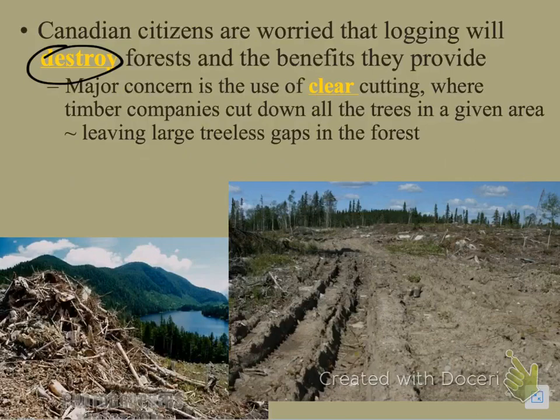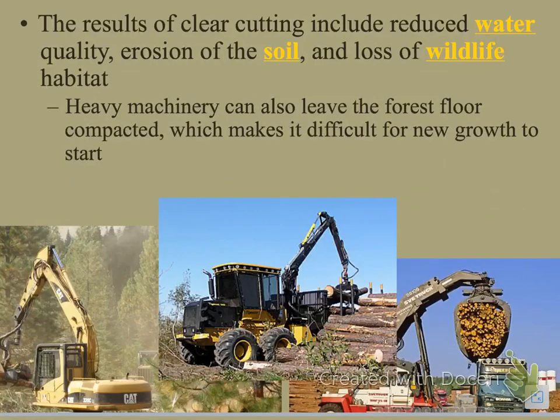The major concern is the use of clear cutting, where timber companies cut down all the trees in a given area, leaving large treeless gaps in the forest, like what we see here in this picture right here and this picture over there. The results of clear cutting include reduced water quality, erosion of the soil, and the loss of wildlife habitat to go along with it. Heavy machinery can also leave the forest floor compacted, which makes it difficult for the new growth of trees to